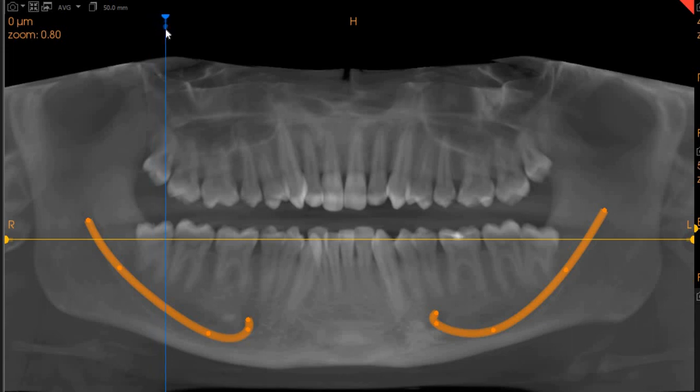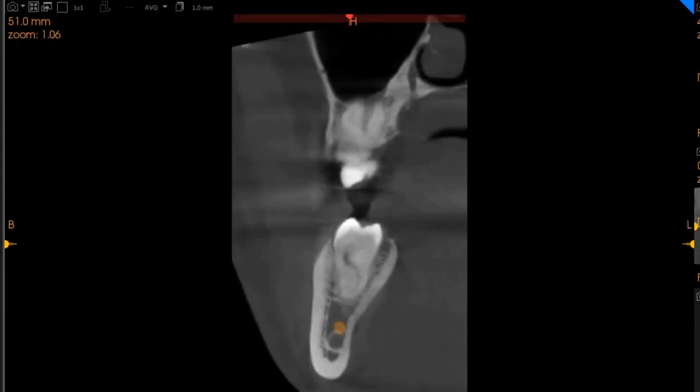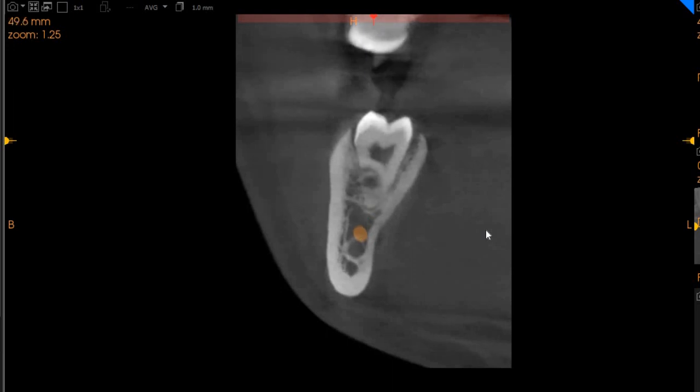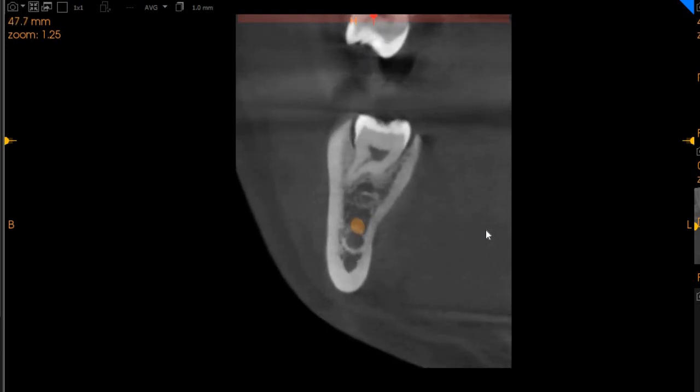Moving to the lower right 8 first, this is the mesial aspect on the transaxial view, which is basically the proximal view. Now here very clearly you can see the mesial root is approximately 6 millimeters away from the nerve, and as we move in the